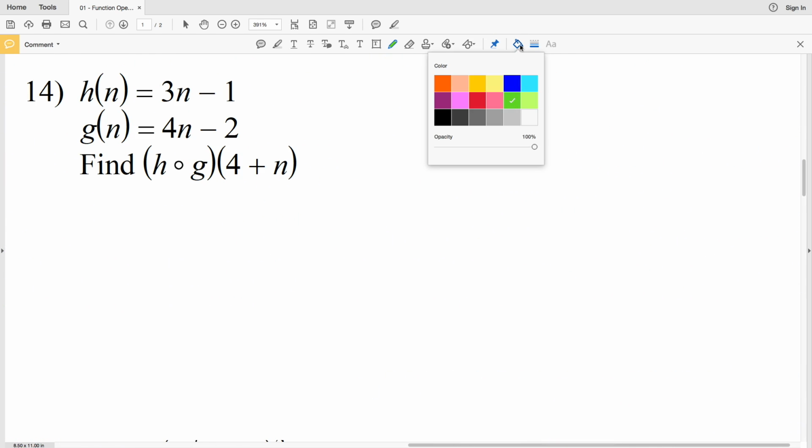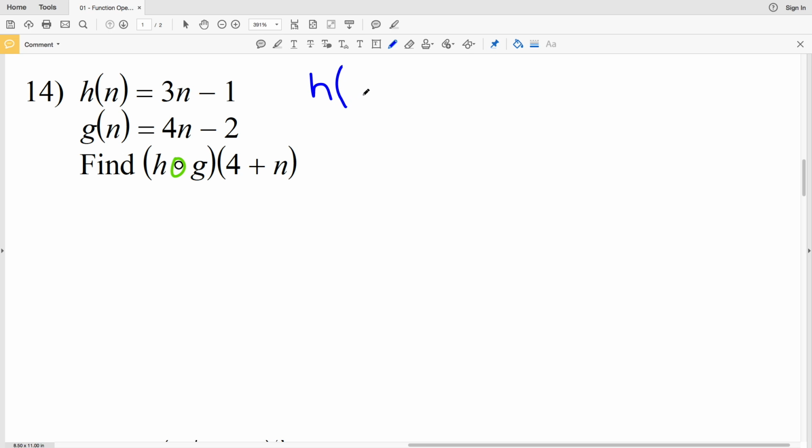In number 14, you can see that I have h of g of 4 plus n. So I'm going to do h of g of 4 plus n. And I like writing it this way, so I know that I need to evaluate what's in the parentheses first. So I'm going to plug 4 plus n into the function of g. So I'll have h of g of 4 plus n, which g of 4 plus n is 4 times 4